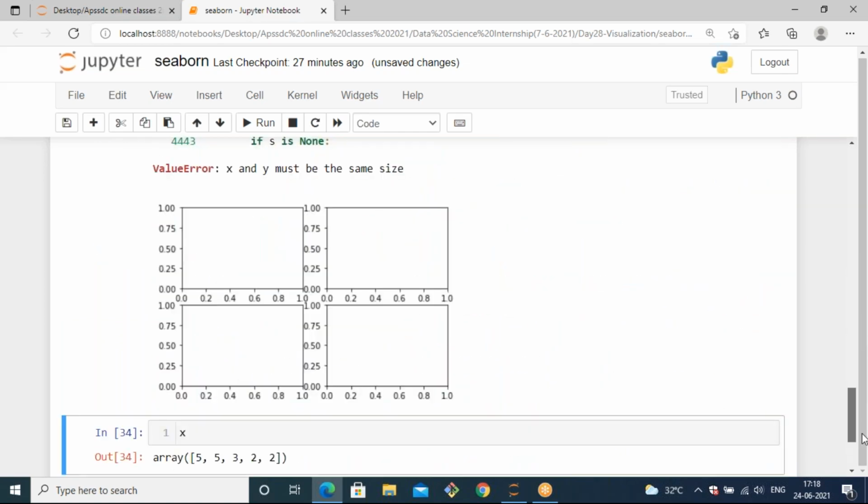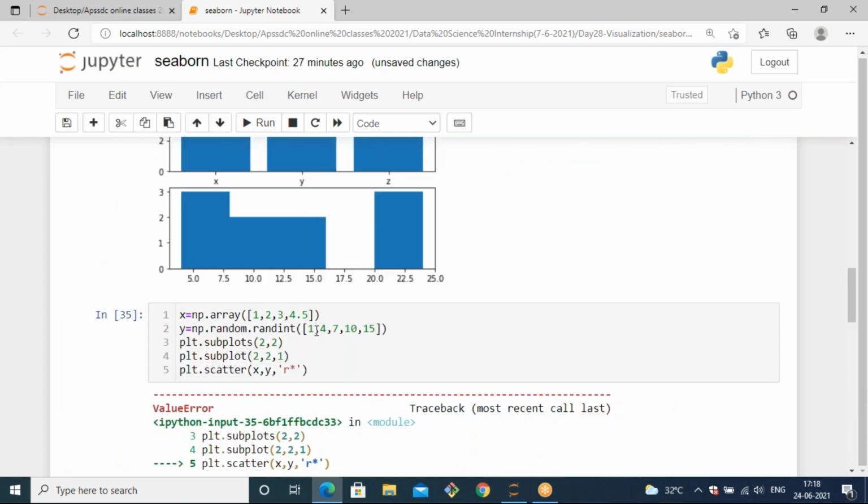X and Y should be of the same length, same size only. 5. 1, 2, 3, 4, 5. Oh, so it is having only 4 in the X.